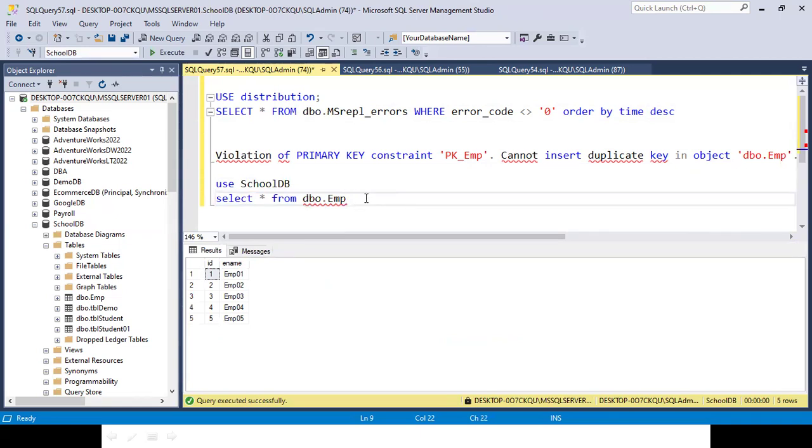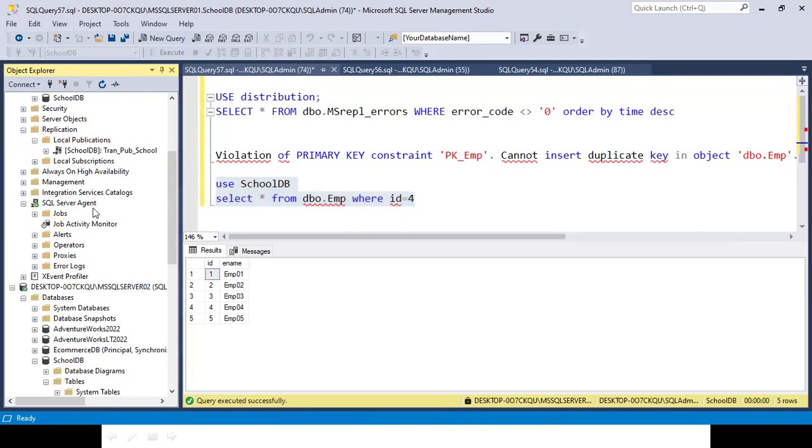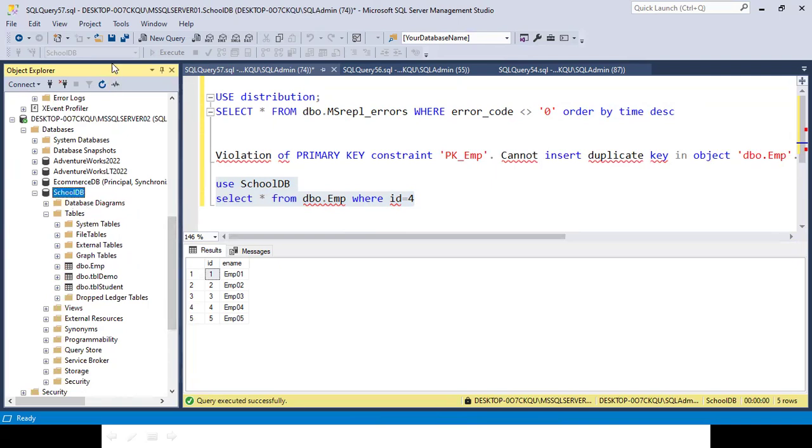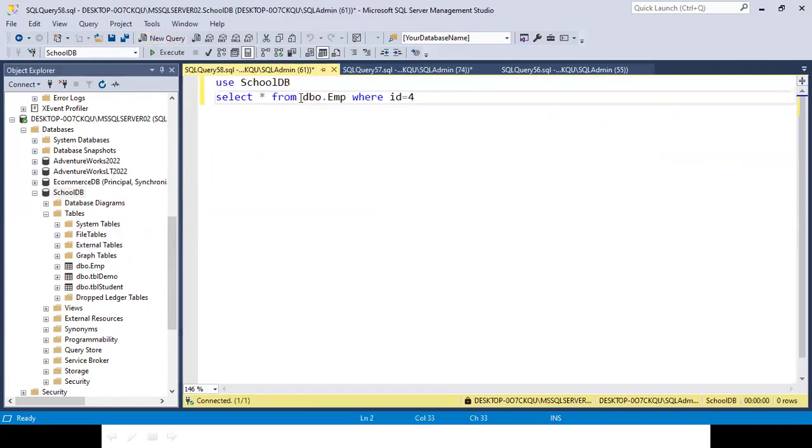Whatever ID is there, ID equal to 4, that record you have to delete from the subscriber instead of production, because they are saying it's creating a problem because the same record is already there in the subscriber. So if you open here and execute, I think it's on the other server, and if you delete this record, automatically your issue will be fixed.